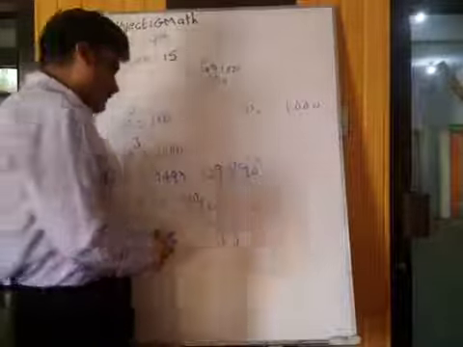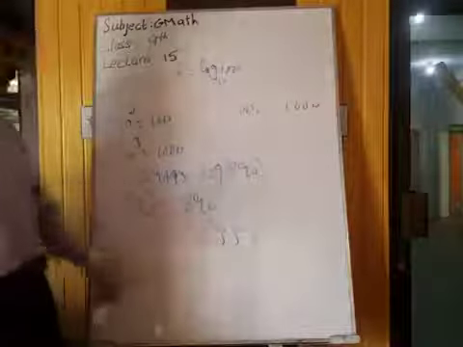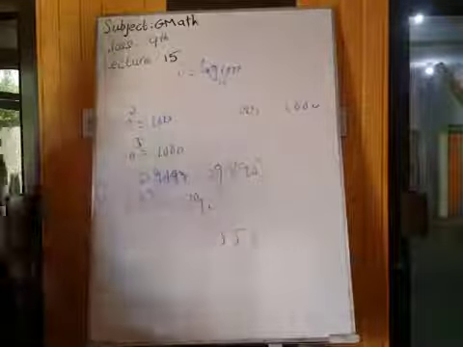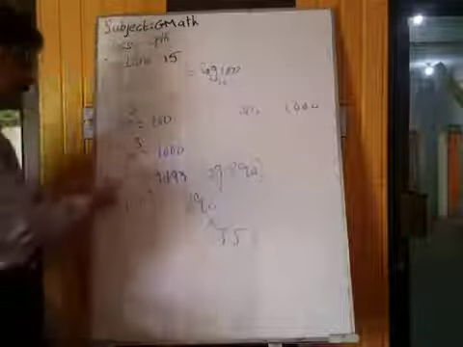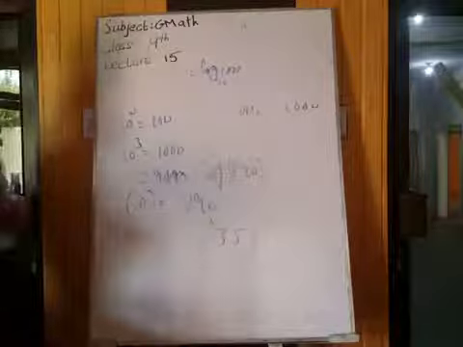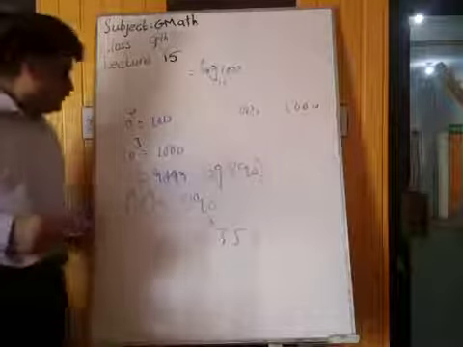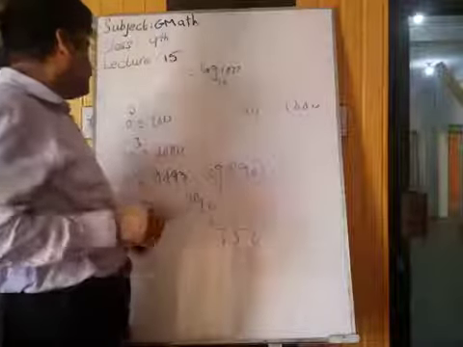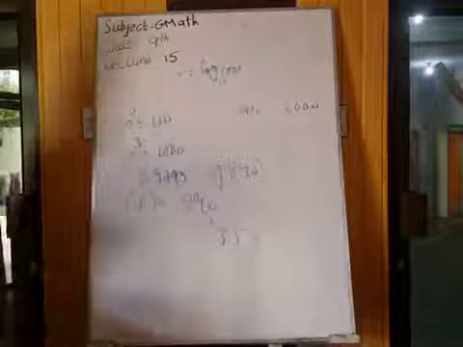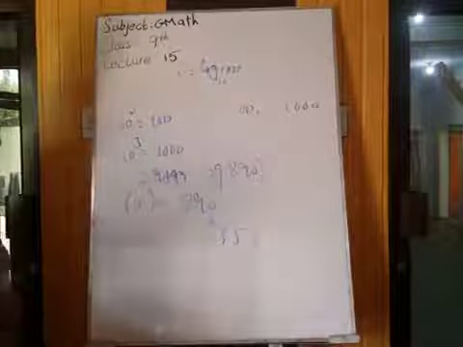Its characteristic is positive 2, and when the decimal point is to the left of the reference point, its characteristic will be negative. We discuss the mantissa. The mantissa is the decimal part. In this example, 2 is the characteristic and 0.9493 is the mantissa. The mantissa is always given at the end of the book in tabular form. Hence, we say that the log of any number consists of 2 parts, first the whole number and second the decimal part. When we sum these 2 numbers, we get the log of the number. Characteristic plus mantissa gives the complete log.